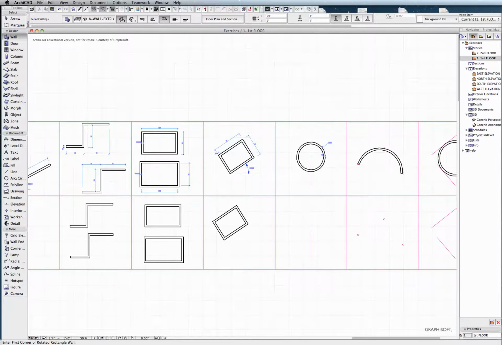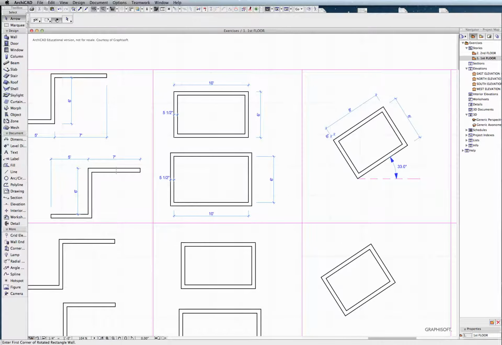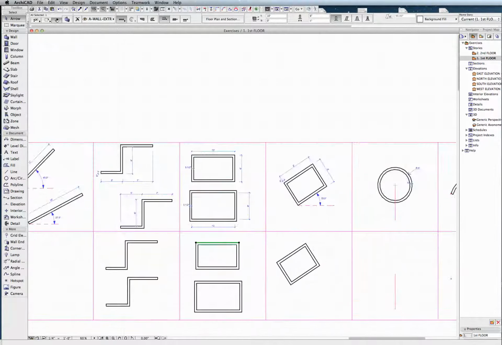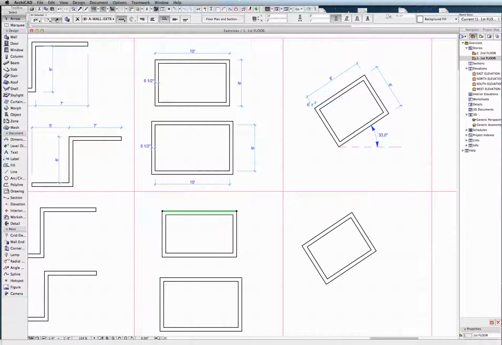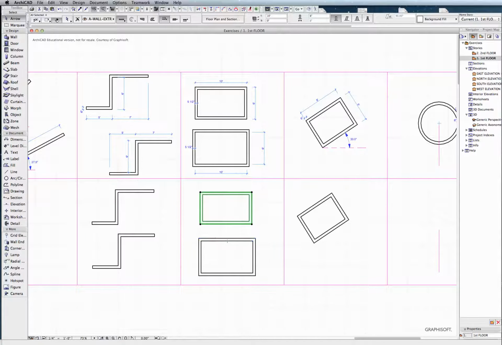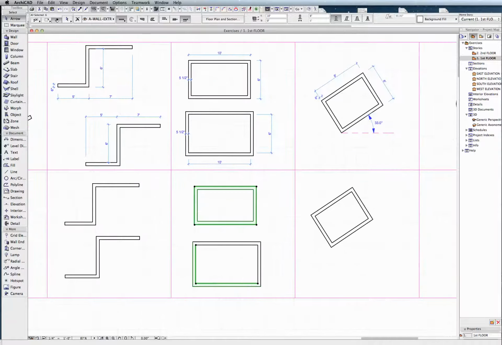One thing I've noticed, though, is I think that when I drew these other guys, I was at 6 inches. And yes, I was, and I should have been at 5.5 inches. So that's not a big deal. Since we drew these things correctly, I can just hold down Shift while I'm in the arrow tool, and let's go down and hold down Shift and select all these walls. While they're selected, we're just going to go up and type in 5.5 inches, hit enter, and